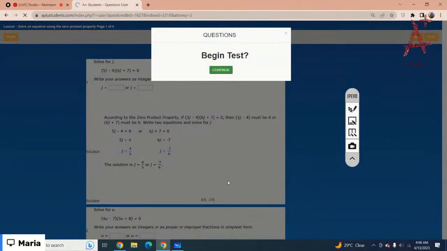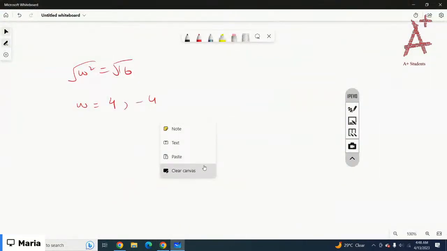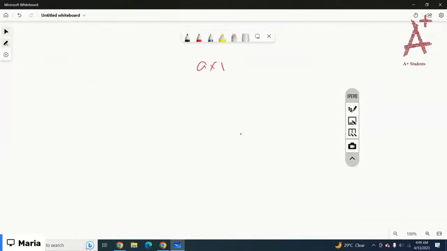So basically, what is the zero product property? Zero product property is like if you have a times b equal to 0. Got it? That means one of the numbers must be 0, so that's why the product is 0. Either a is 0 or b is 0. So one of them is 0. Got it? So you can equate them separately with 0 and calculate the values of the variables